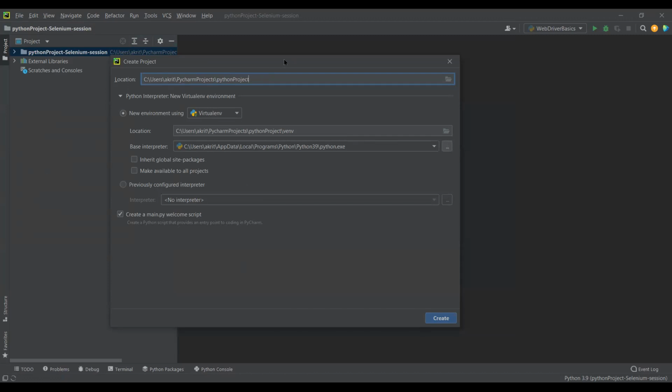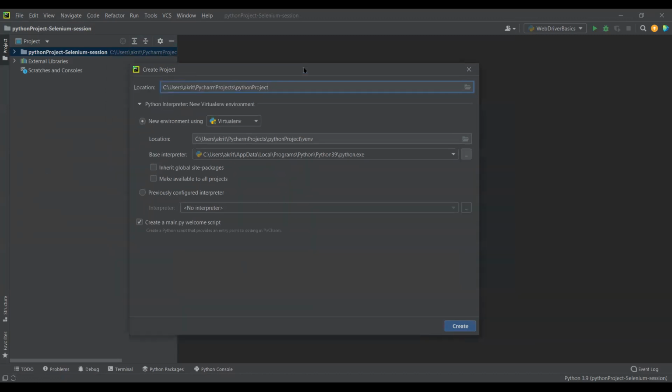For example, I'm creating this Selenium demo. Here it is important that we set this up as a virtual environment. We have other options like Pipenv and Conda, but we are performing everything in the virtual environment. So we'll be using this and make sure that the base interpreter is correct.